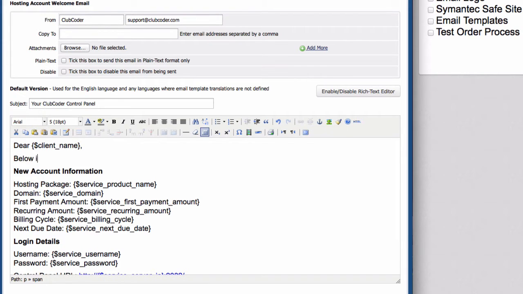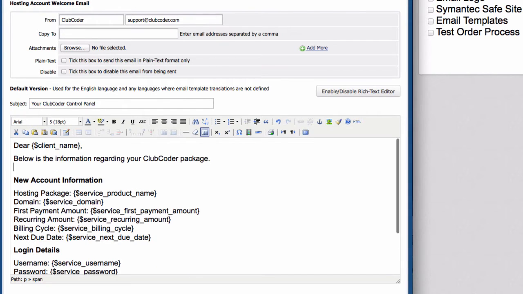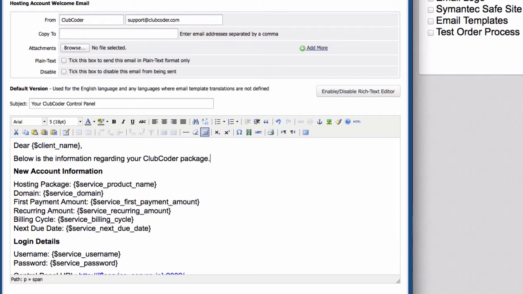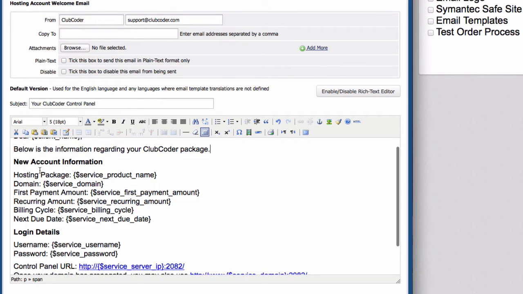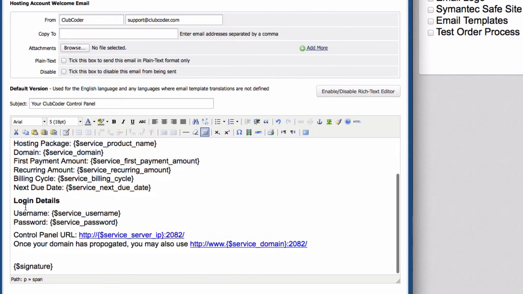Below is the information you need regarding your Club Coder package. Okay, below is the information regarding your Club Coder package. So we got the package, the hosting package, domain, first payment amount, recurring billing cycle, next due date. Okay, now Club Coder